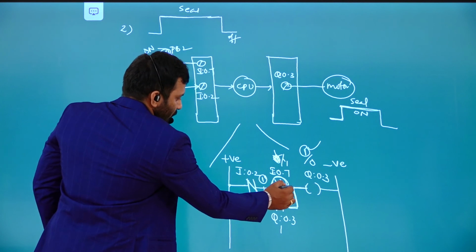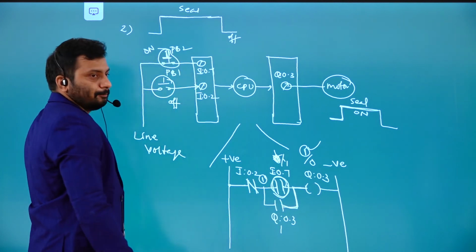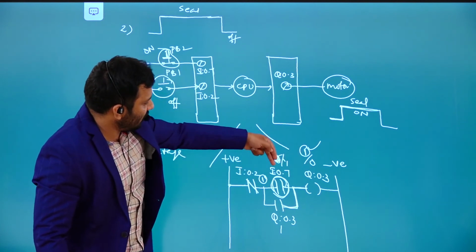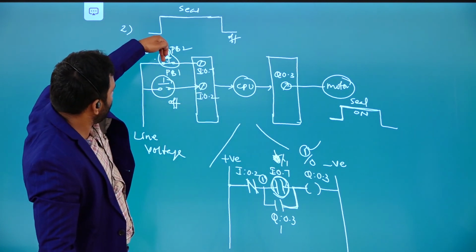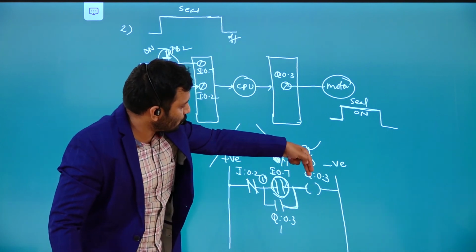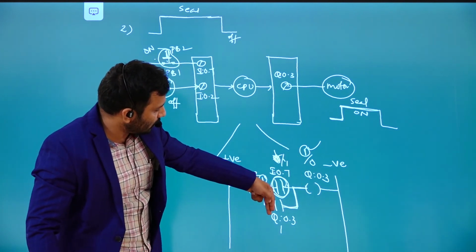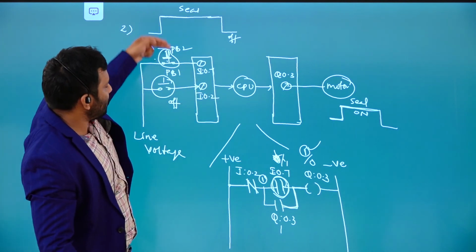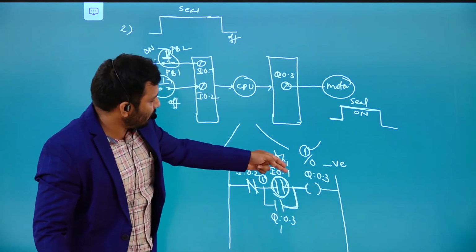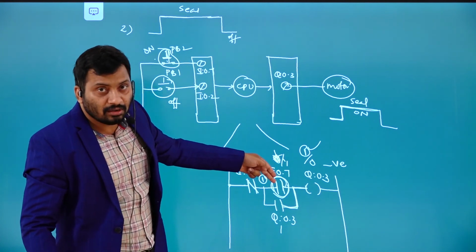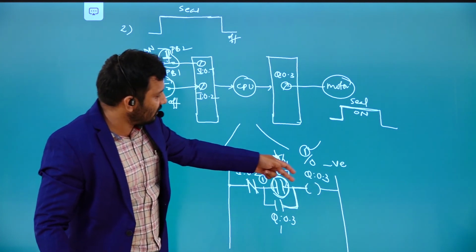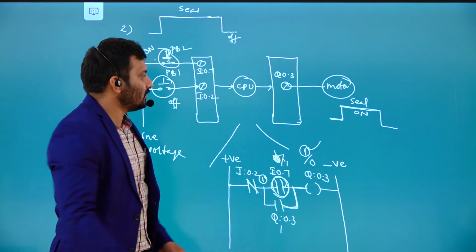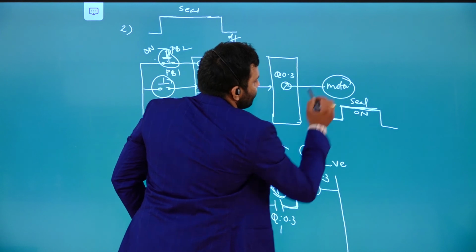That means, see, this is the use of this particular feedback. If it is 0 initially, output is 0 only. Once you push this push button, output is going to be 1. The same output signal gives us a feedback signal. That is the reason, even though the push button is in the open condition, the same signal is acting like an input to this particular normally open contact. That is the reason output is always in the on state only.